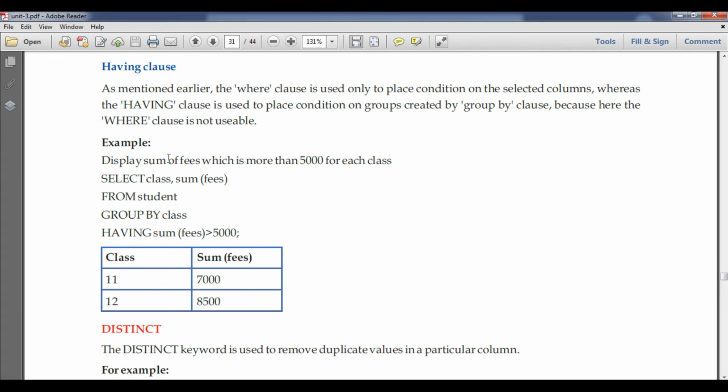So the condition is: display the sum of fee which is more than 5000 for each class. The statement will be select class, sum(fee) from student group by class having sum of fee more than 5000.